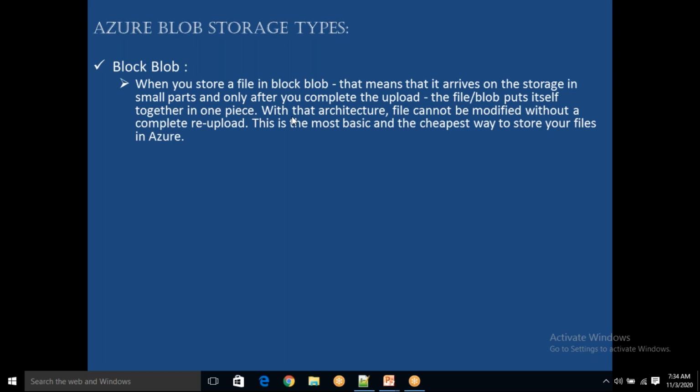With that architecture, the file cannot be modified without a complete re-upload. So if you want to modify any part of that file, you need to completely re-upload the file after making the changes. This is the most basic and cheapest way to store your files in Azure. Okay, next.